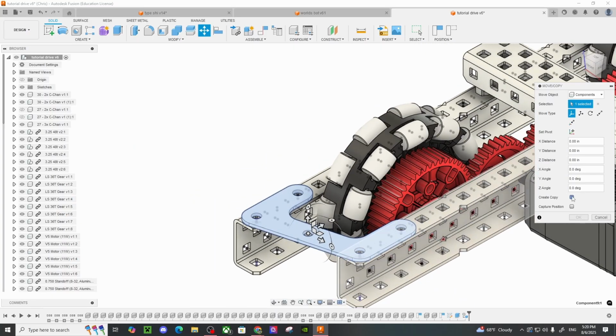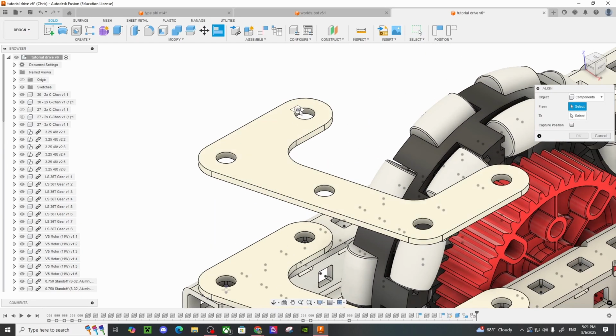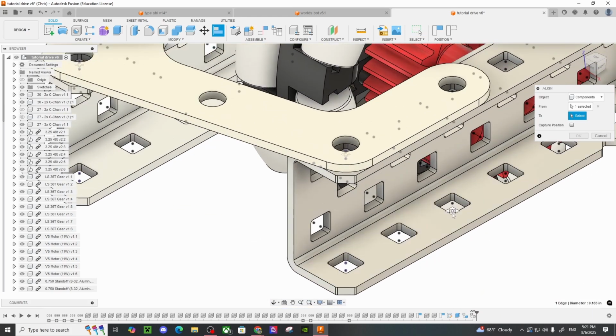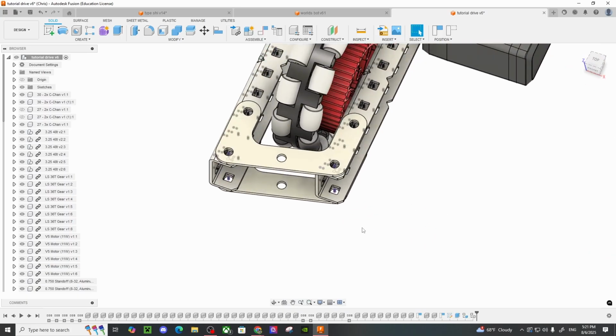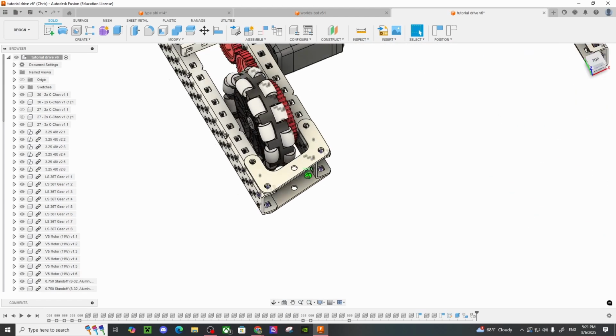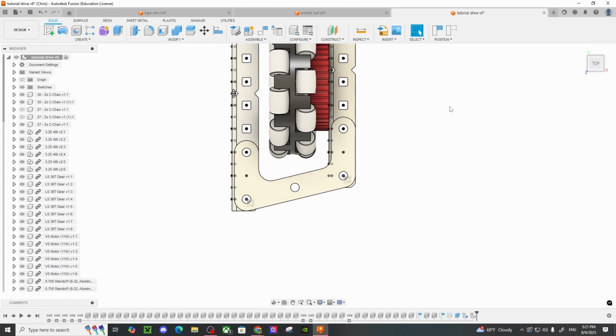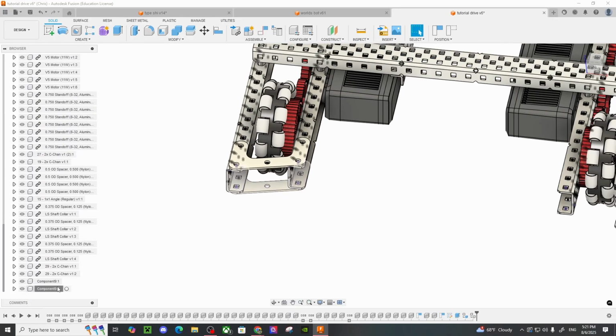So this method works for basically every plastic part that you would probably want to make in VEX, unless it's a part you need to bend. Bending is a separate thing that you'll have to do once you get the unbent form of it done. But for most parts, you should be able to create them pretty quickly using the same method. And yeah,